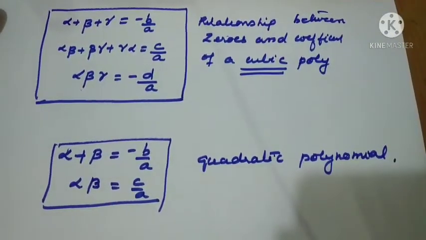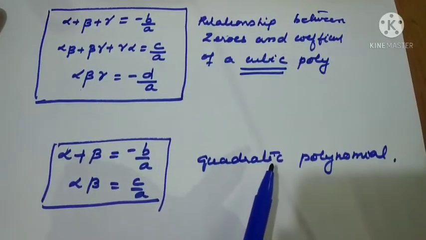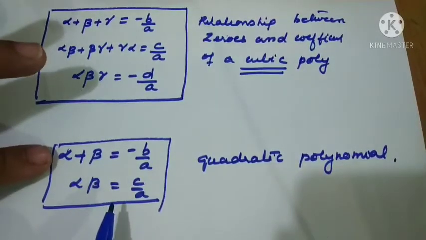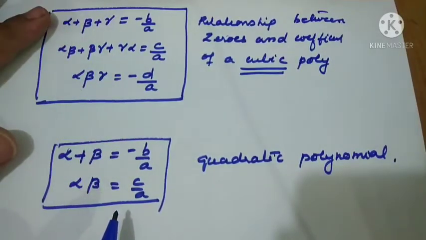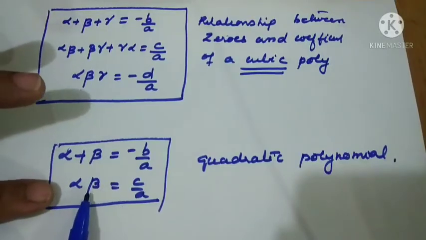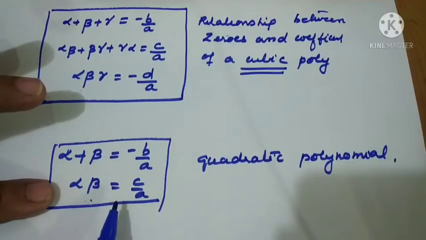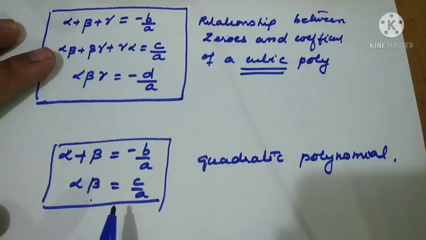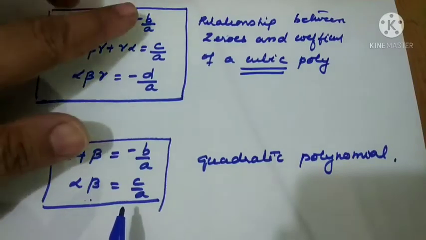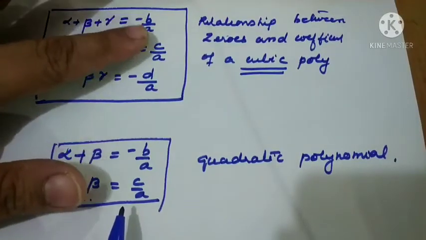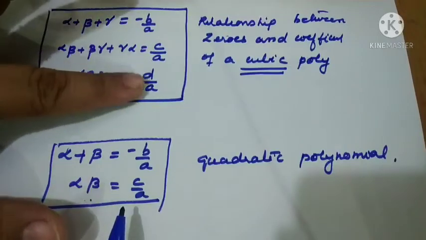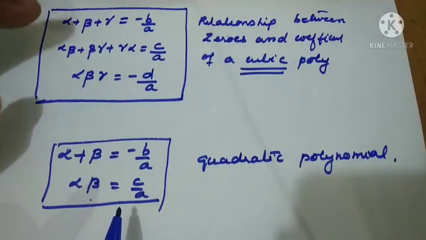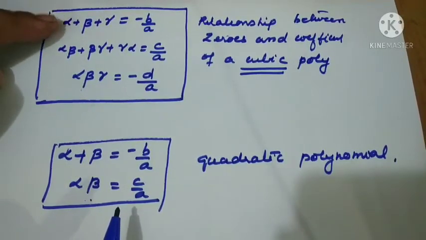So when you compare the quadratic polynomial's relationship between the zeros and the coefficients with the cubic polynomial, we can see that the sum of the two zeros equals minus b by a. Similarly, the sum of the three zeros equals minus b by a. Now here there is only one more criterion, that is the product of the zeros. But here one more additional criterion we are getting, the sum of the products of the zeros taken two at a time also. If you notice, we get alternate minus, plus, minus on the right side, so that is the way you can remember. Anyhow, this derivation is not required, but this formula you must know.